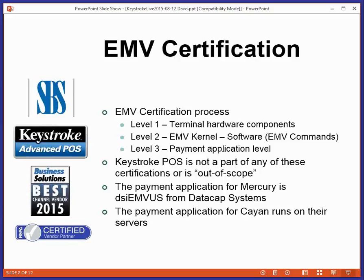EMV certification, a lot of people talk about it. It's a big process, and part of our setup and what we're doing at SBS and Keystroke is we're not a part of the EMV certification. We are an out-of-scope solution so that the devices and software are being certified through Mercury or Cayenne, so we don't have to get involved in the level 1, 2, and 3 certification process